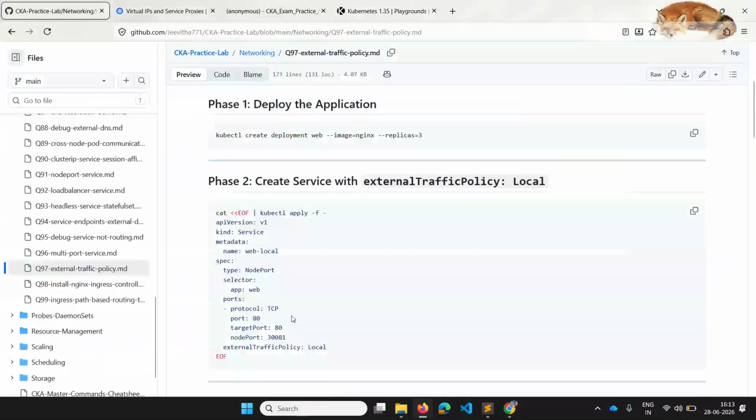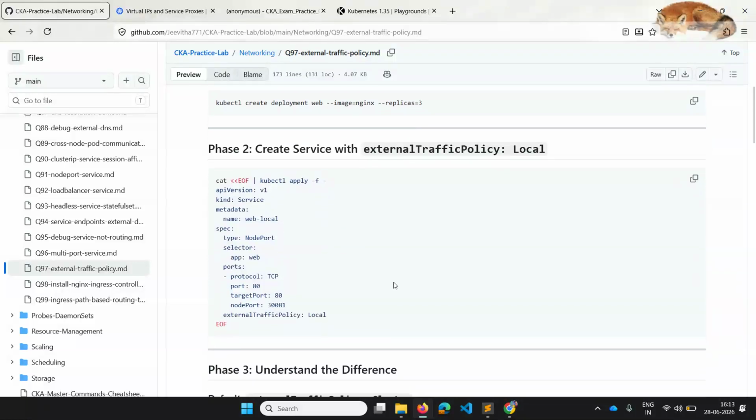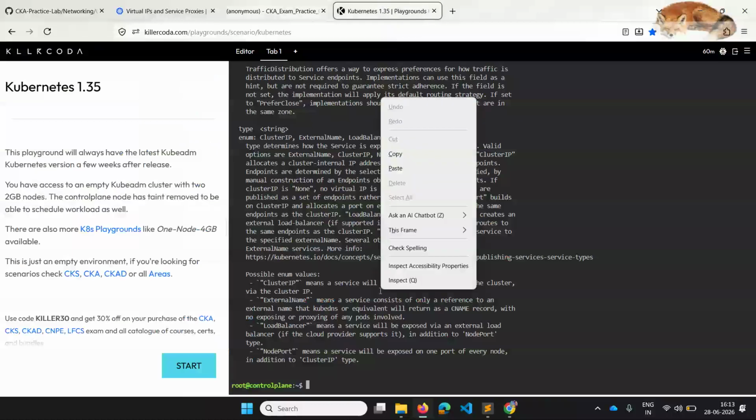Since we already know how to create a service, I'll create it the same way, and make sure your selector is the same as the labels over here. I will just create this and verify the endpoints.